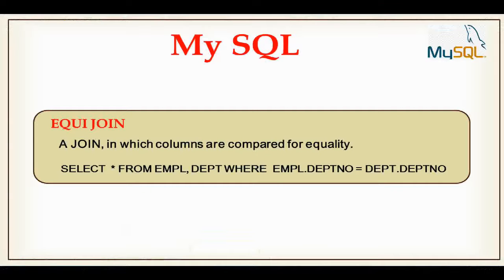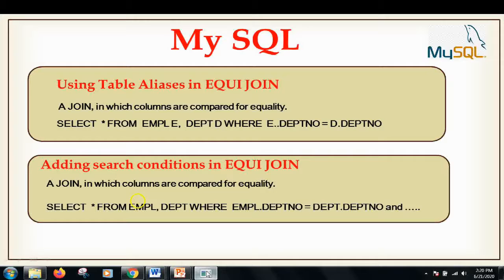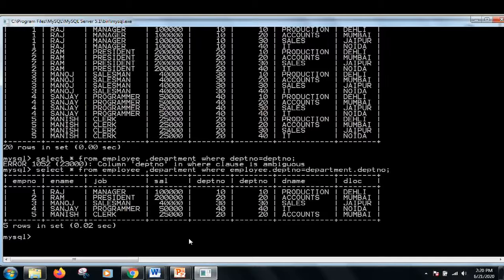I hope now the equi-join is clear to all of you. You can use the equi-join queries for writing the various types of queries also. For example, I can use this equi-join query to perform various other queries, just like I was writing on a single table. That is, the current table on your screen will be treated as a single table, and you can write various other queries on this.